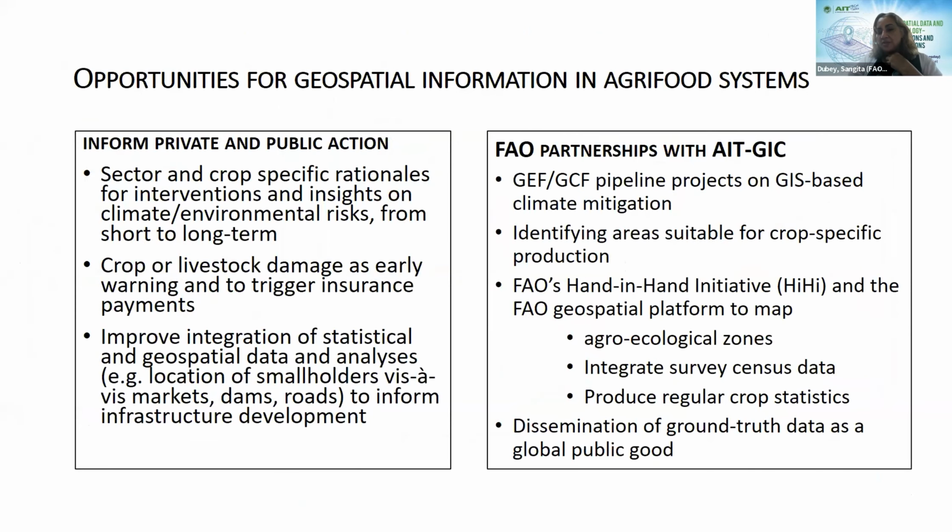So what are some of the opportunities for geospatial information? There's absolutely no doubt that climate mitigation is a big, big issue. We've seen how weather patterns have changed food production, how they've created different types and increased risks for farmers. We've seen how specific disasters such as COVID have also impacted supply chains, particularly food supply chains, and what implications they have. What geospatial data enables us to do, hypothetically, is get real-time information at high resolution.